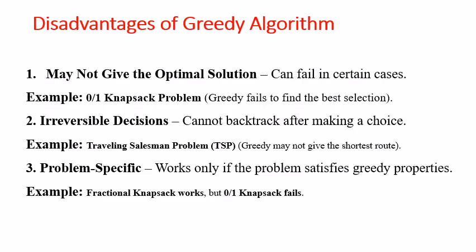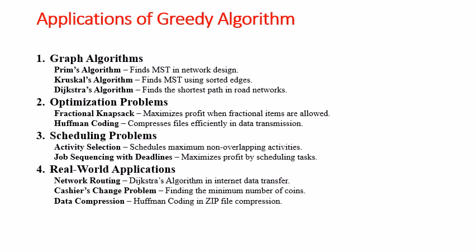Problem specific. So it is not always applicable. It works only if the problem satisfies greedy properties. What are they? There are two properties: greedy choice property and optimal substructure property. Okay. Next lecture we will